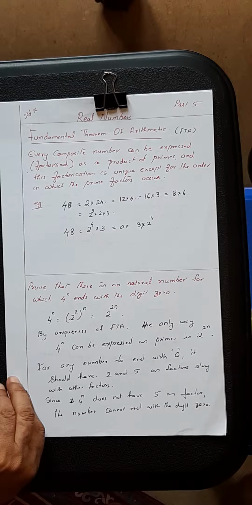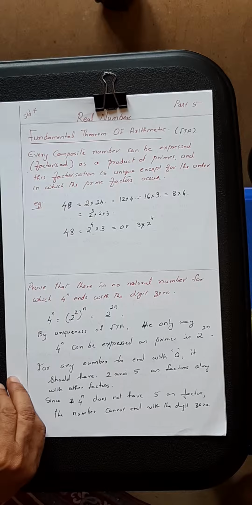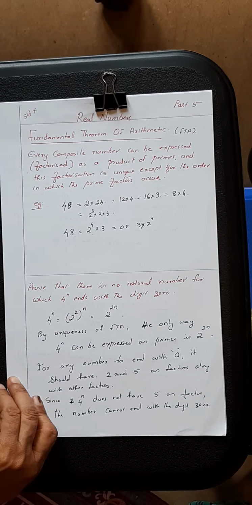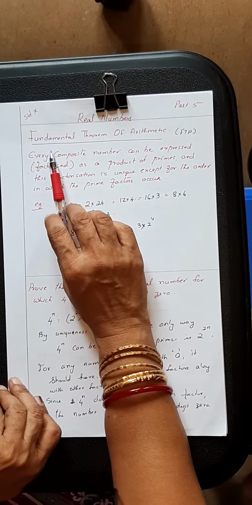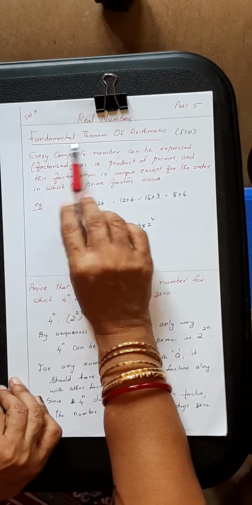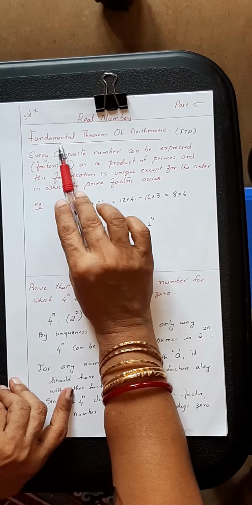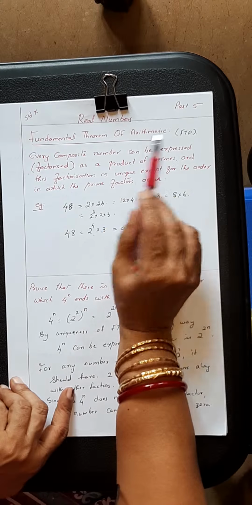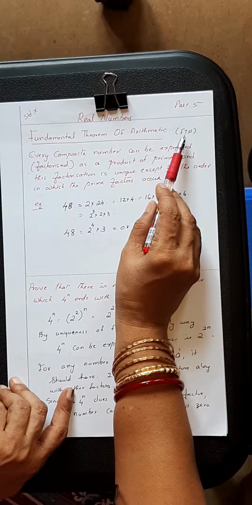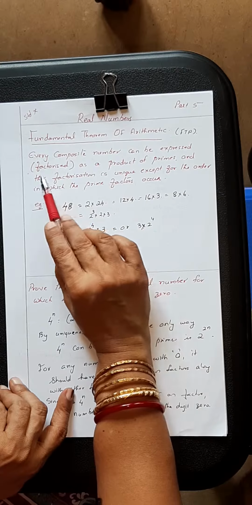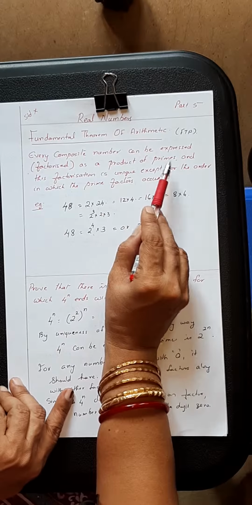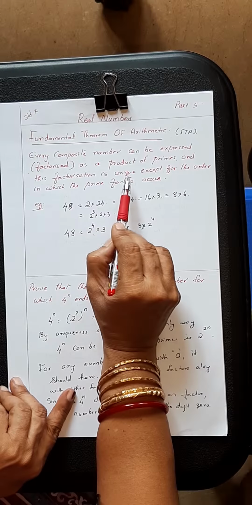This chapter is Real Numbers for Standard 10, and this is a continuation of a series. This is part 5. So now here we are going to learn a new theorem, the Fundamental Theorem of Arithmetic. It's also called FTA. So here every composite number can be expressed or factorized as a product of primes, and this factorization is unique